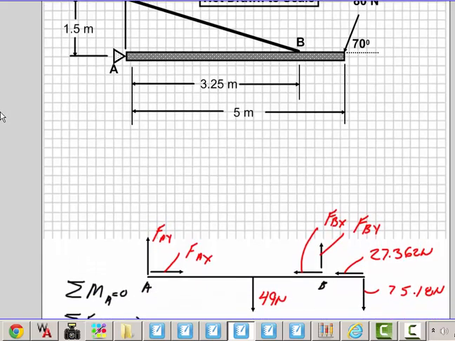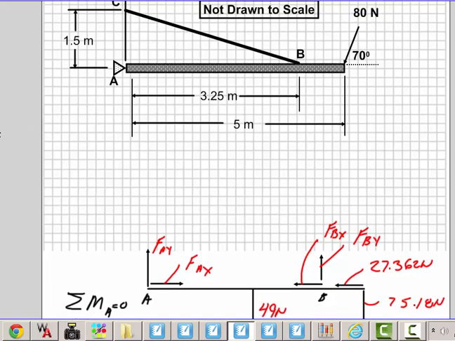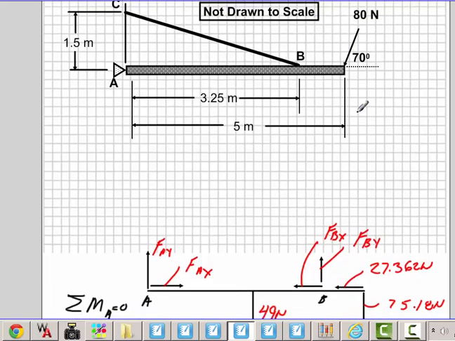So what I did is I drew this free body diagram here, and I assumed that FAY is going up. I may be wrong, but I'm making an assumption right now. It makes no difference. I assumed FAX is going to the right. I immediately broke each one of these into components. 80 times the cosine of 70 gave me the 27.362. I took 80 times the sine of 70, and that gave me a value of